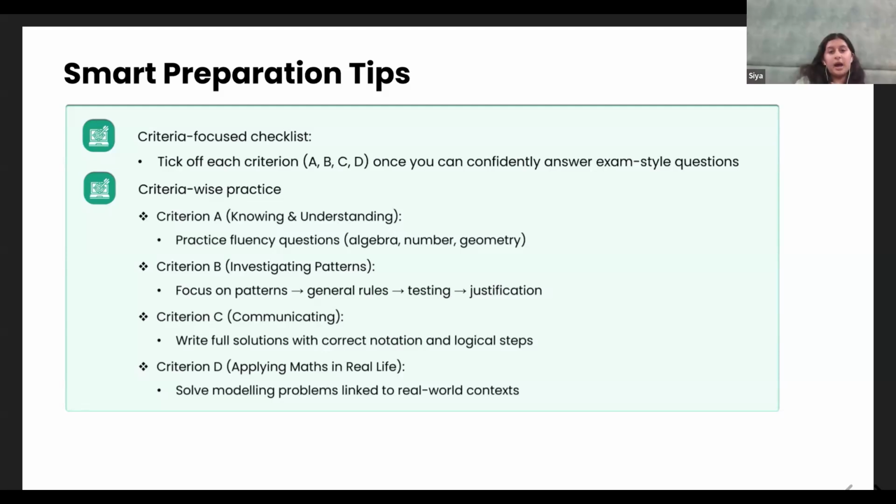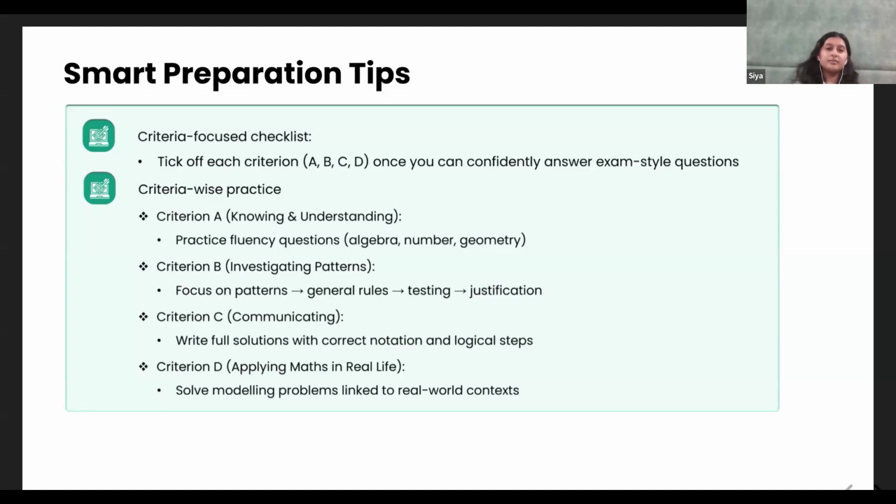So personally, time management has always been a big issue for me. So what I do is I do criteria B first, then criteria D, and then I go towards criteria A, because I feel criteria A is the most straightforward and easiest, and it requires conceptual understanding about the specific topic and how you're supposed to answer the questions. And you can find these types of questions in books which your math teacher has given you, or past year papers as well. So I think criteria A is comparatively simple than the other criteria.